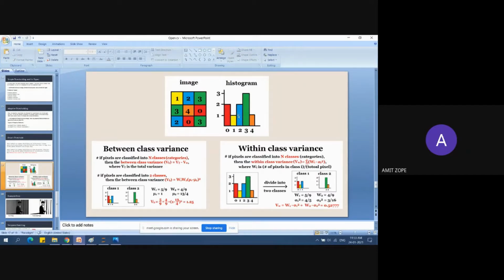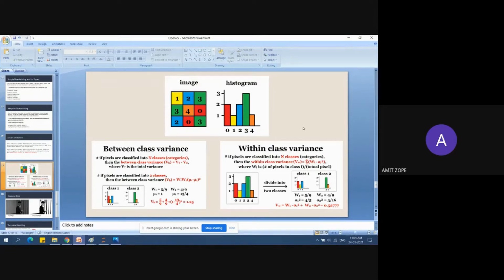The histogram shows the range of pixel values from 0 to 4, with minimum 0, and the frequency of pixel value 0 is 2, for 1 it is 1, for 2 it is 2, for 3 it is 3, and for 4 it is 4. So basically the between class variance gives a result, but within class variance is the more preferred method.